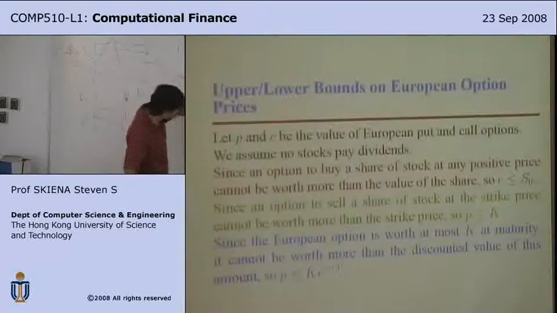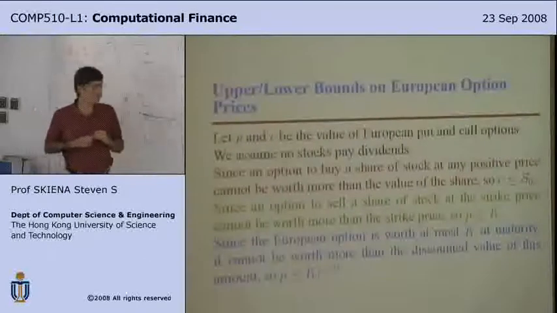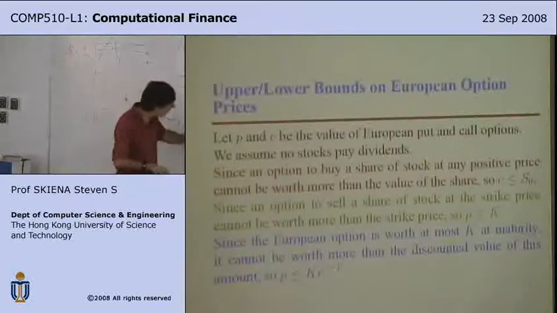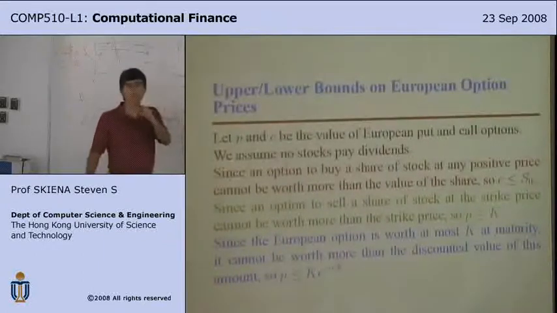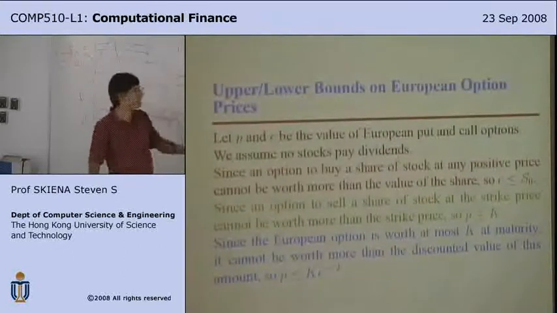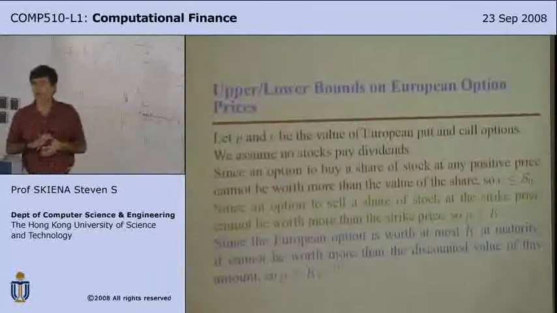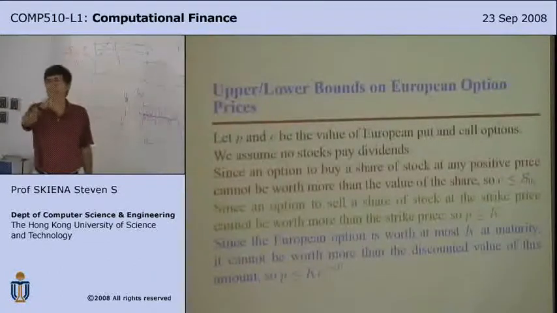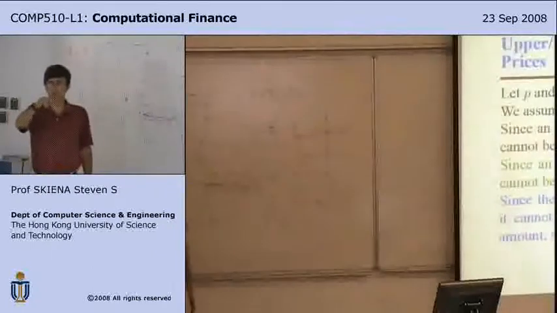The first bound says the option is somewhere in between here. The second bound says the option is somewhere between here. Which is the more useful bound? Red. The red one, right? And perhaps the only difference is you have the word European here. This would be true for an American option. The green bound would apply for an American option as well. Okay? Any questions about what these bounds are and why they make sense? Okay? An important issue. Yes?